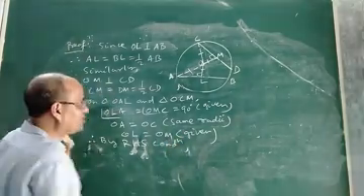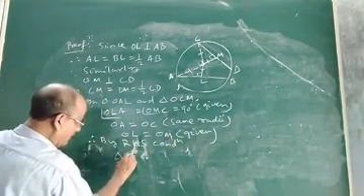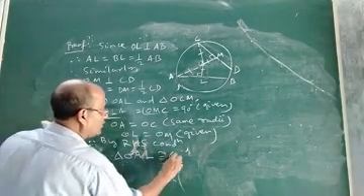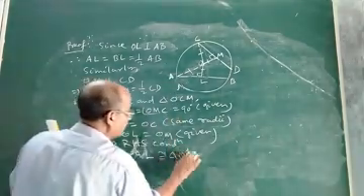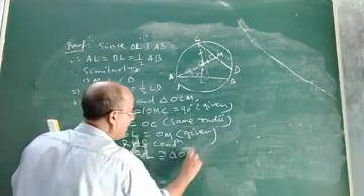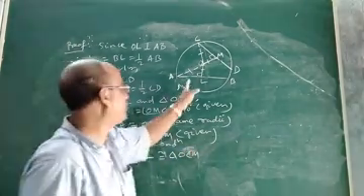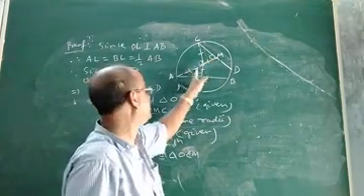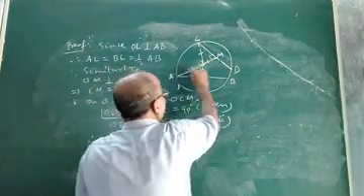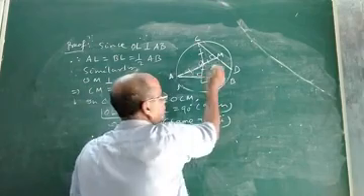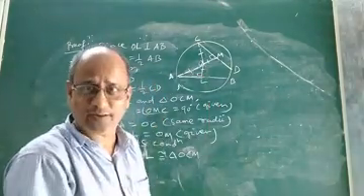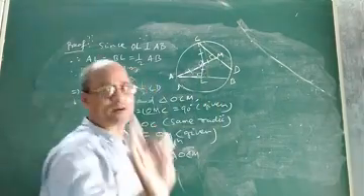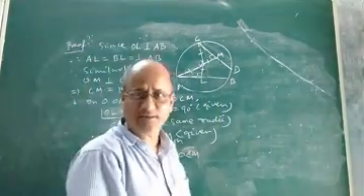So what will be our conclusion? Our conclusion will be triangle OAL will be congruent to triangle OCM. Yes. Now we proved that this triangle and this triangle are congruent by RHS condition. So if they are congruent by RHS condition, no doubt their corresponding parts will be equal. That means look at AL and CM are corresponding parts. So they will be definitely equal by CPCT.